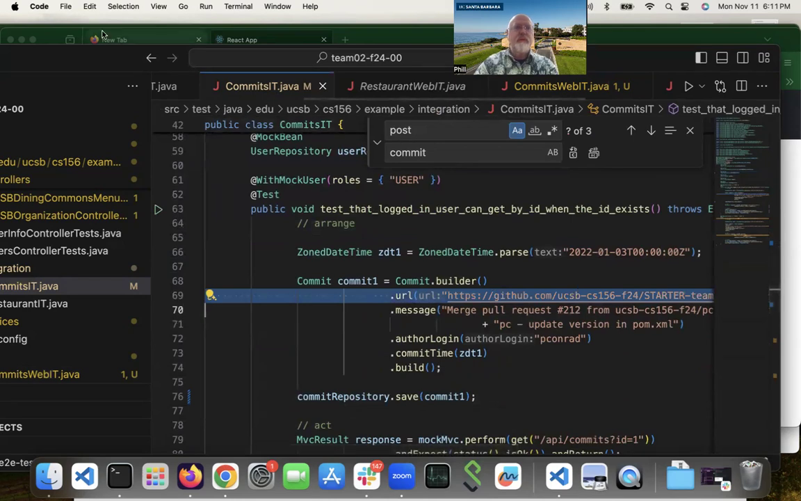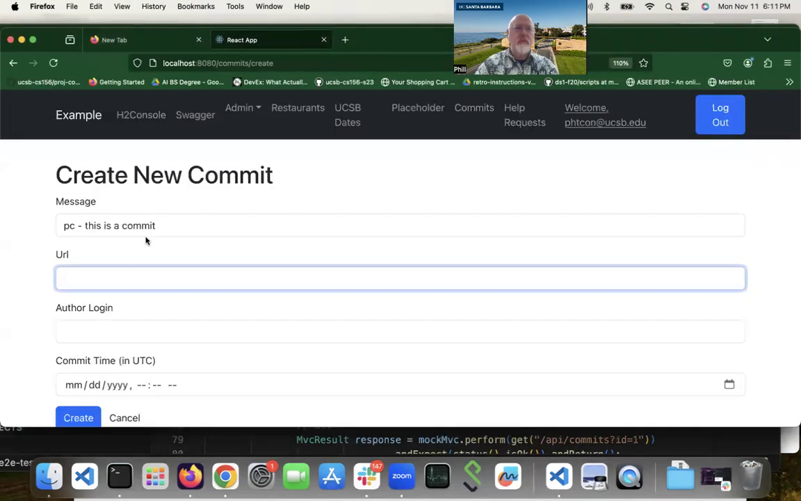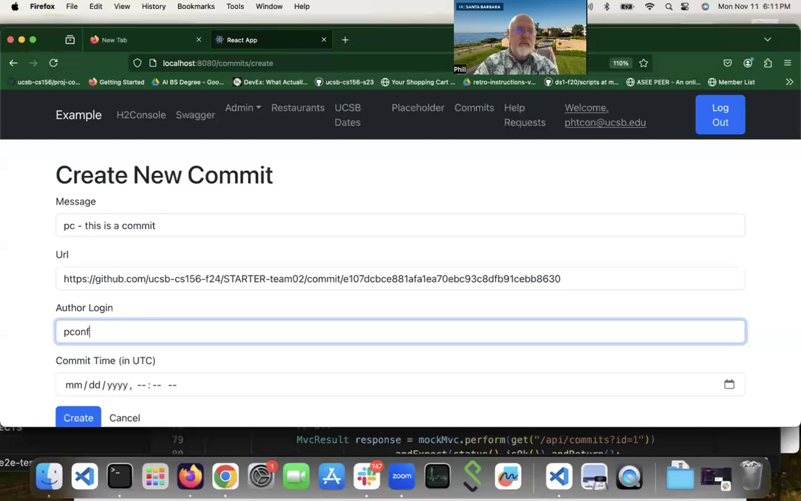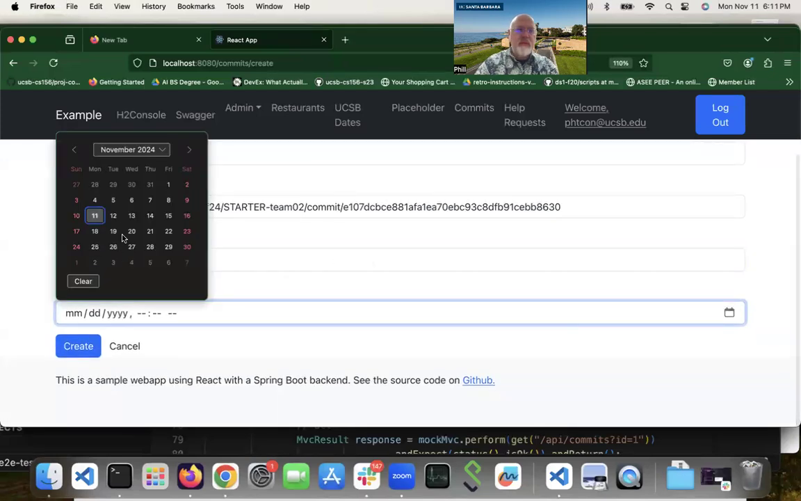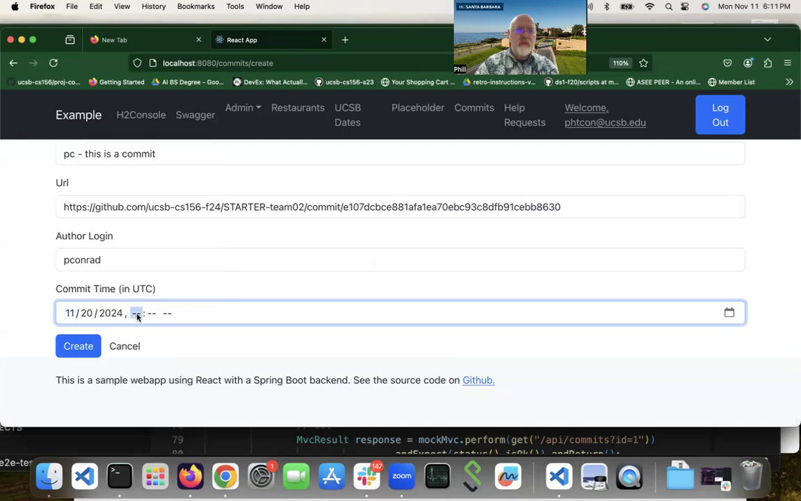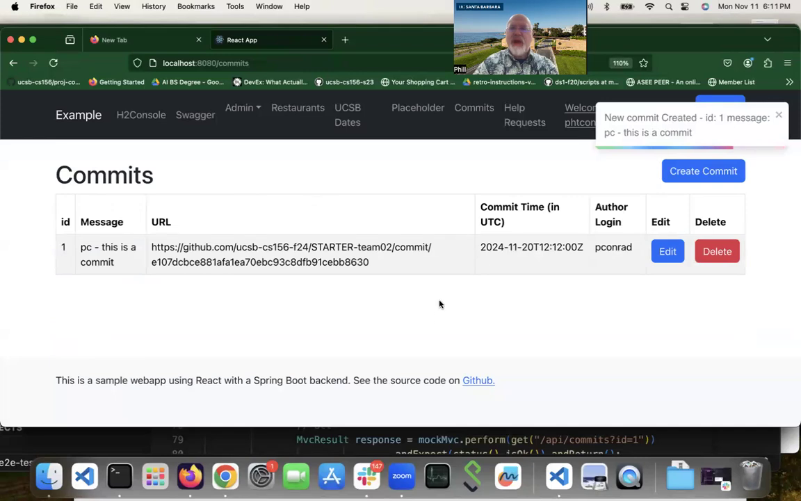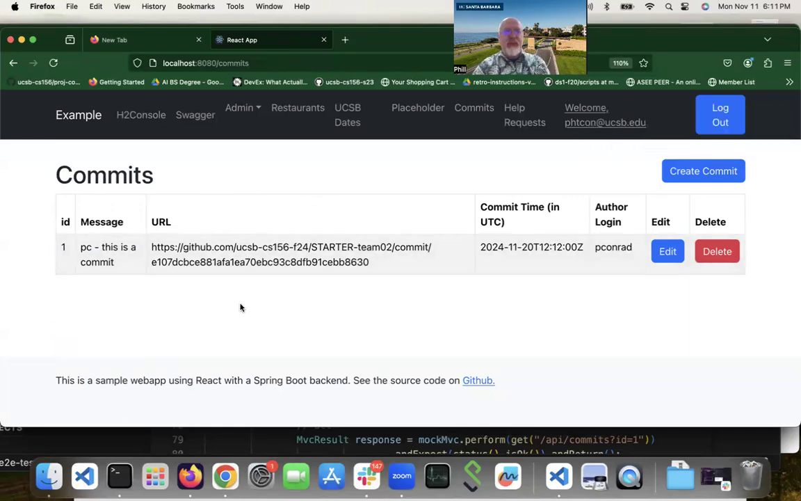There is a URL. So let me just get everything off that's not part of the URL. There's the URL, author login, Conrad, and we'll put a commit time in there. Okay, so the idea is that if we create that commit in the database before we arrive at this page,